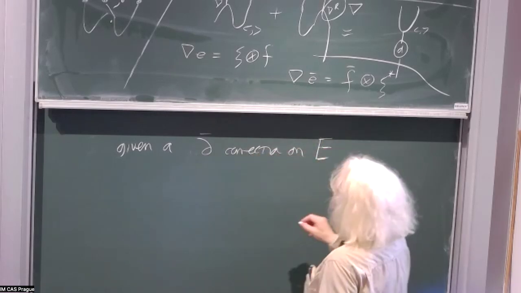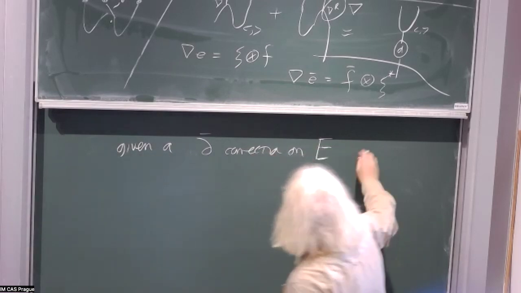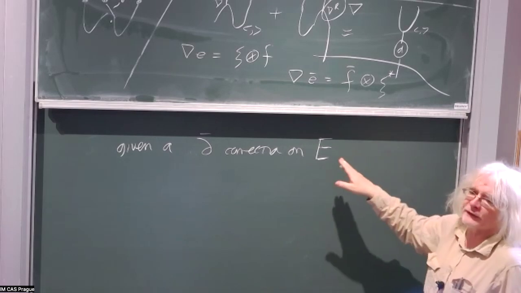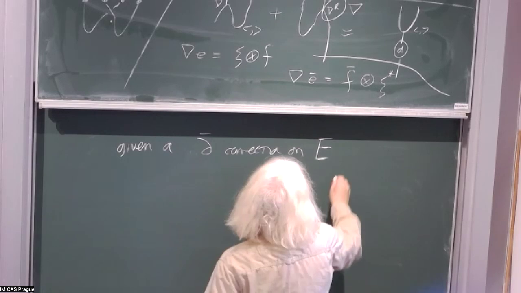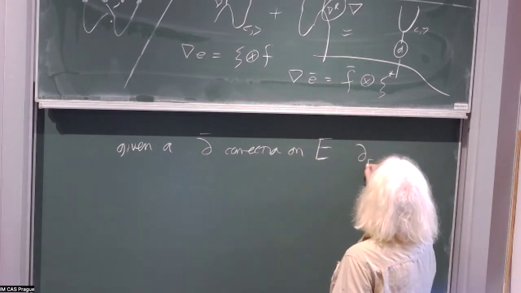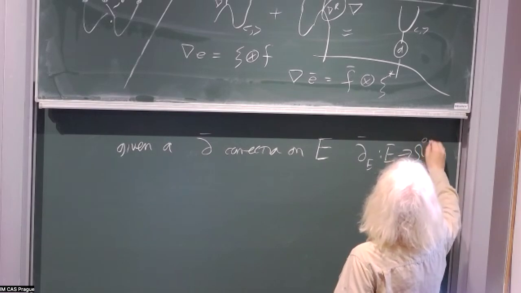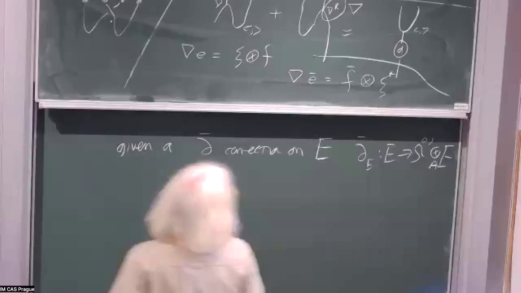So given a D bar connection on E, there is a Chern construction that says basically, given any D bar connection on E with vanishing curvature, which just means D bar E from E to omega 0,1 tensor E, for an A module, then